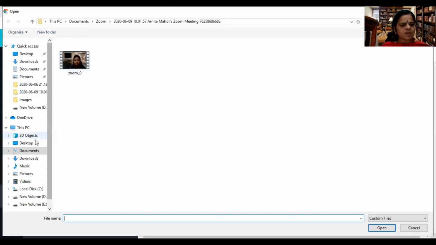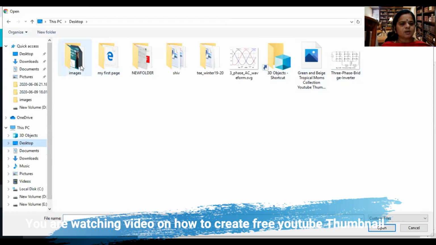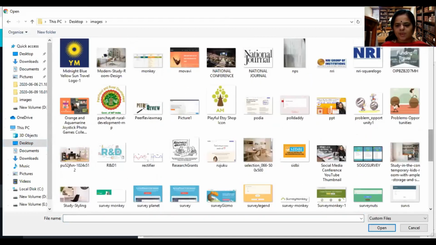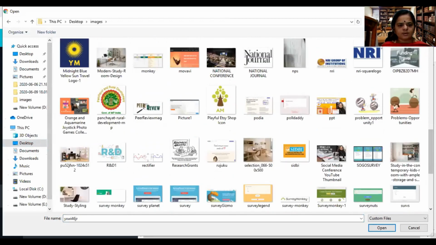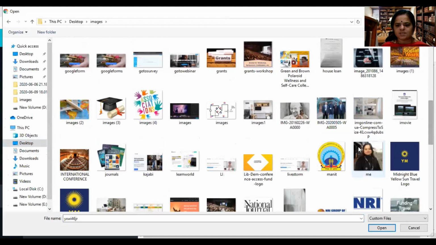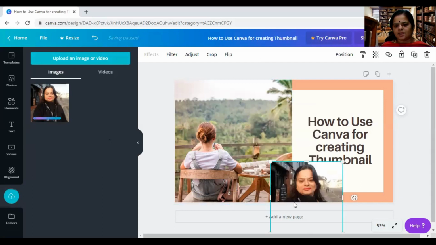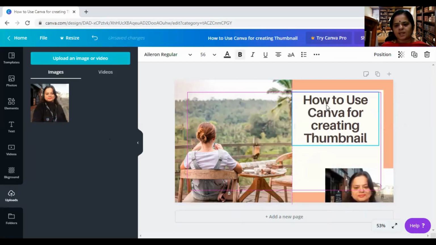Suppose your image is available in your system, so you can choose that image. Like I'm choosing my image, then open, it will be uploaded. Now I want to replace this image with my photo, so you can add it like this. You can use your image here. You can set it like this.